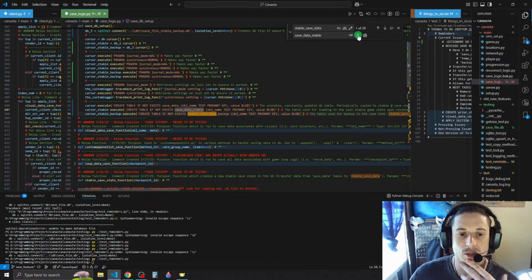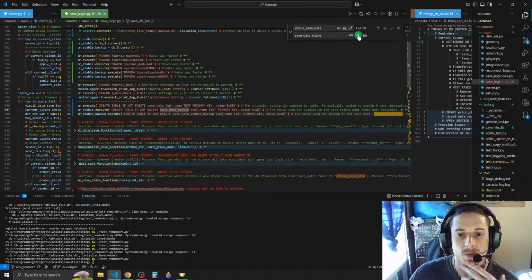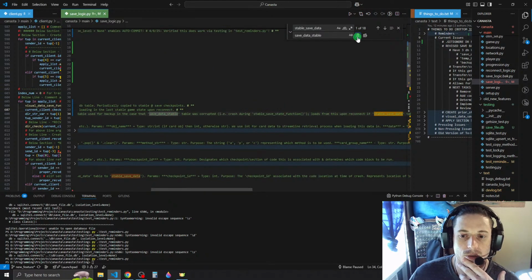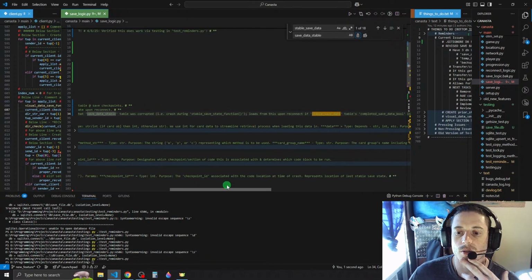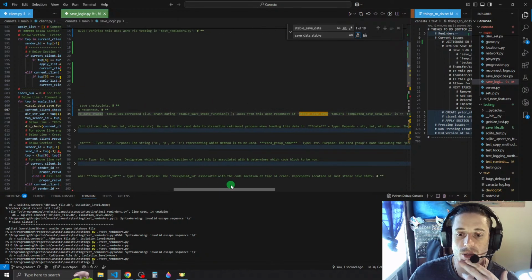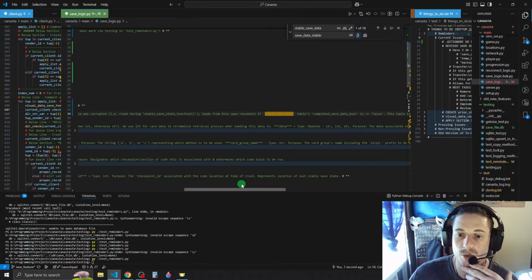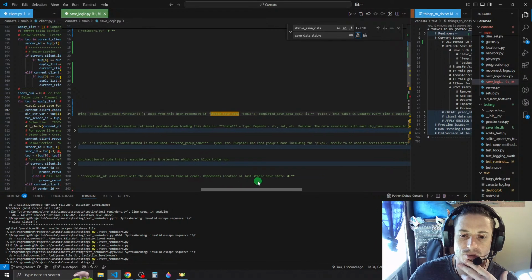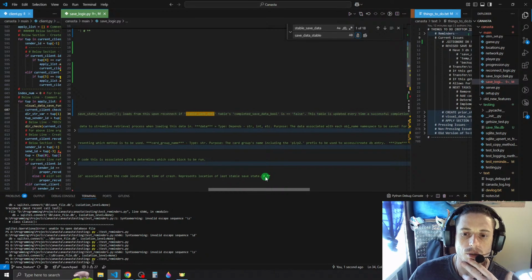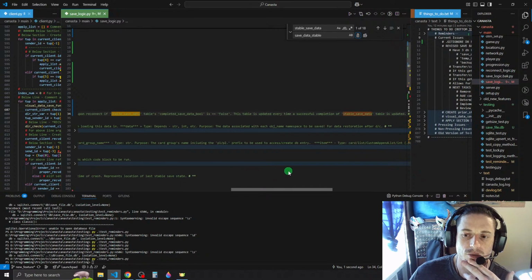So this is going to be save data stable backup, and the table used for backup in the case that save data stable is corrupted, i.e. crash during stable save state function. Loads from this upon a reconnect. If save data stable tables completed save data bool is equal to false. This table is updated every time a successful completion of